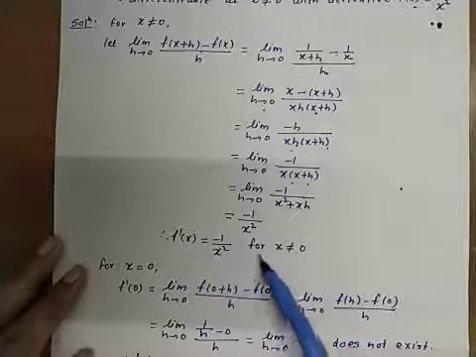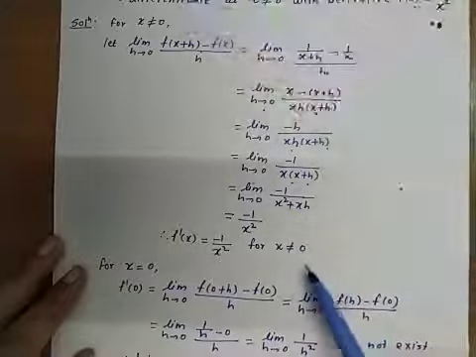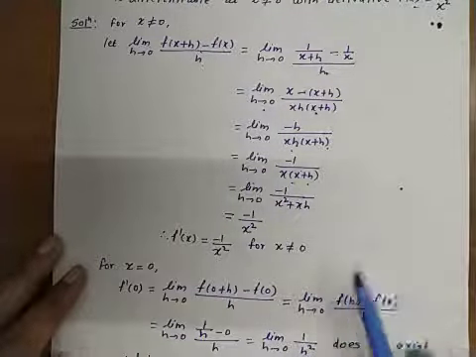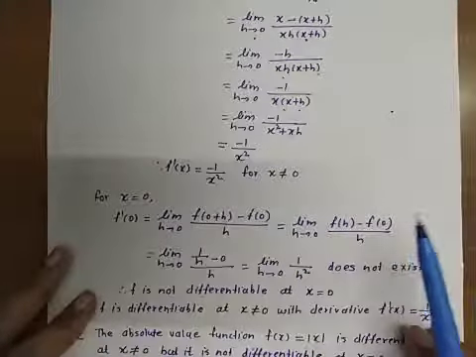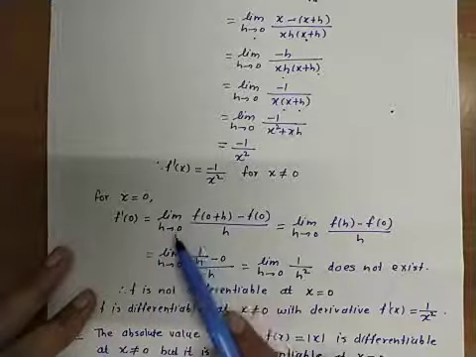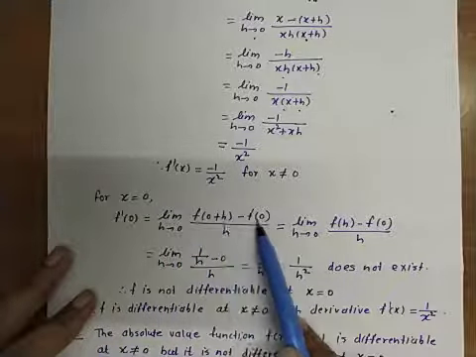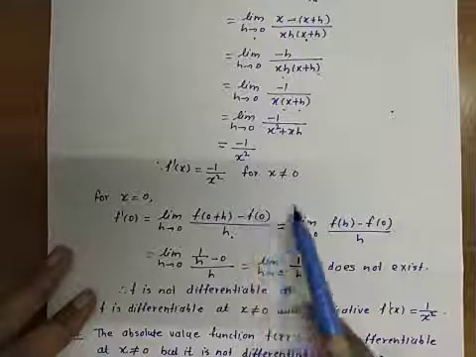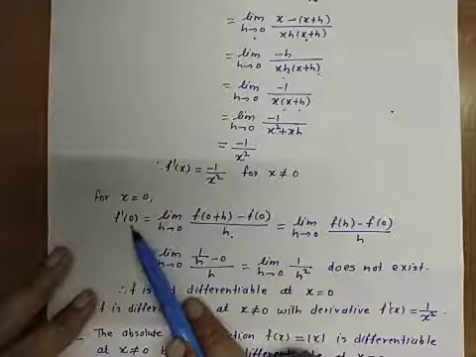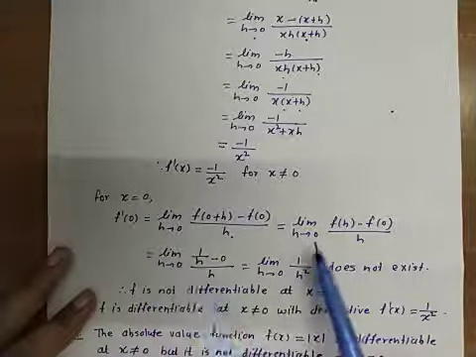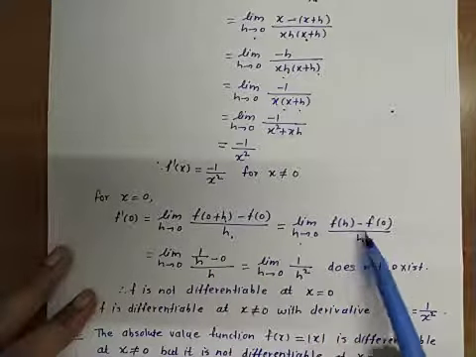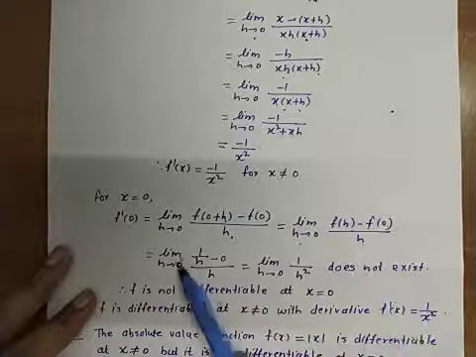When does this happen? For x non-zero, that is the case we looked at. Now for x equal to 0, what will be the formula for f dash of 0? f dash of 0 is the limit h tends to 0, f of 0 plus h minus f of 0 upon h. We know the formula for f dash of c, so accordingly in place of c we are replacing 0. Now let us simplify. Limit h tends to 0, f of 0 plus h means f of h, minus f of 0, upon h.